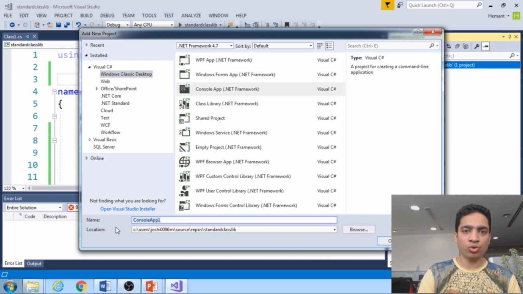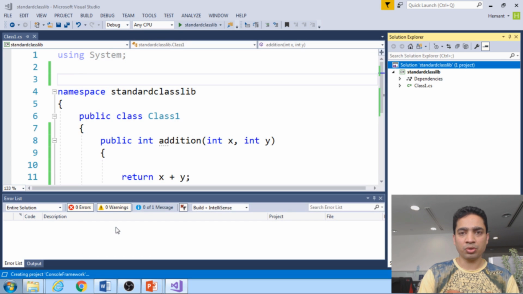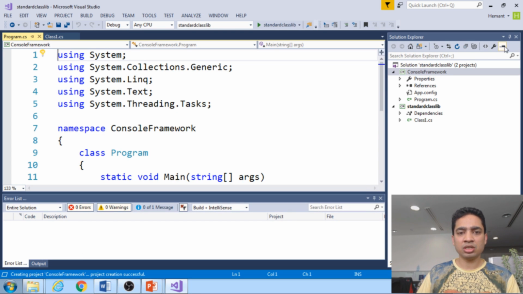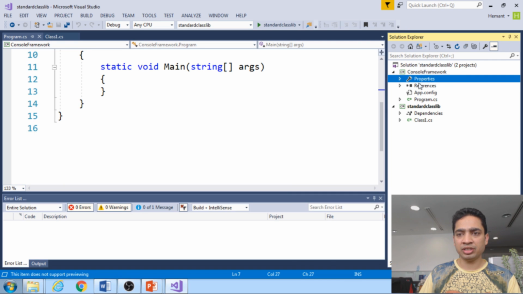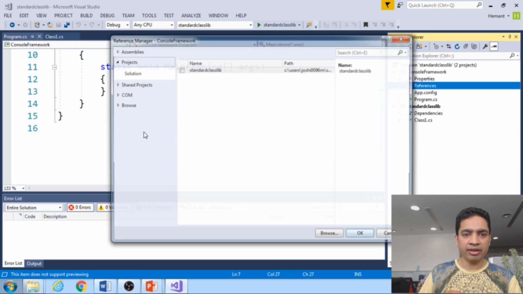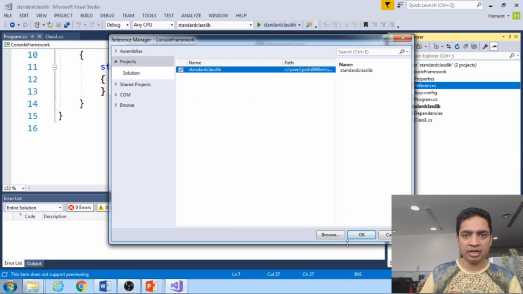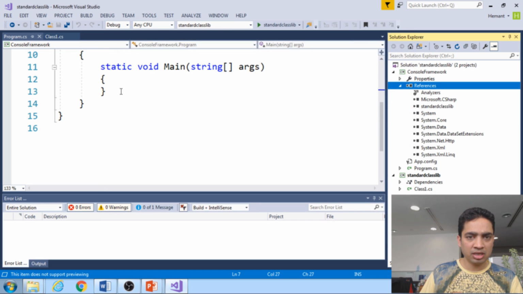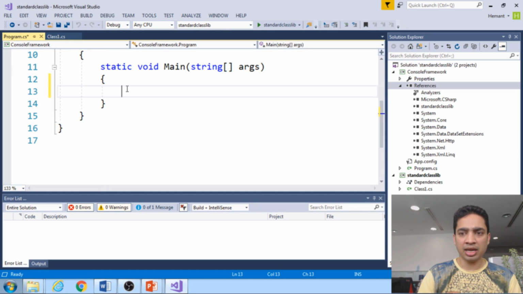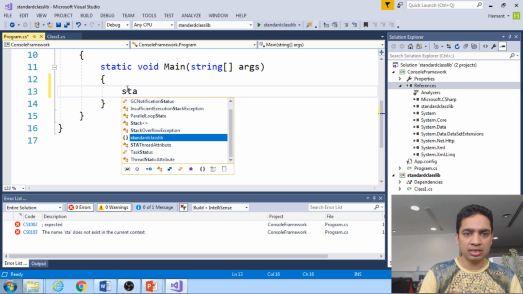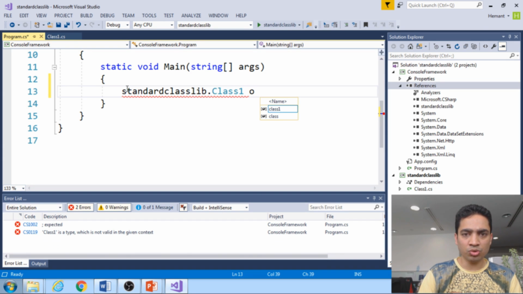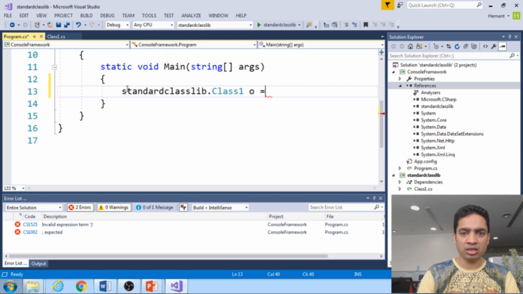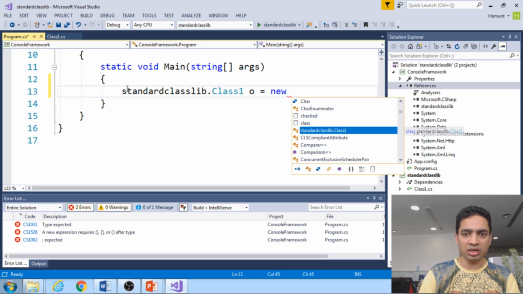So I will add a console framework and I will say okay. Once this console framework gets created, I will add a reference to this standard class library. Once this is done, I can access that standard class library dot Class1, which is an object. Just don't look into my coding